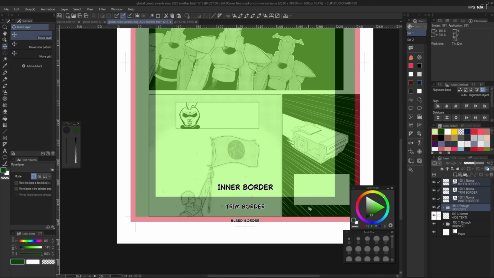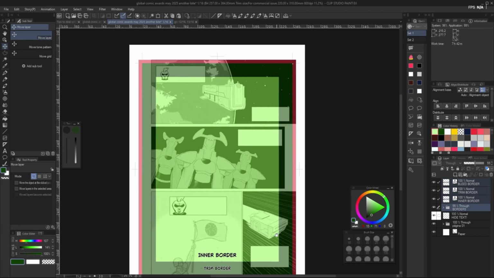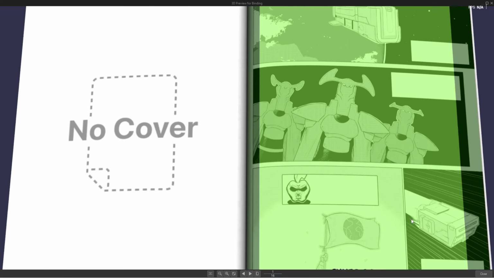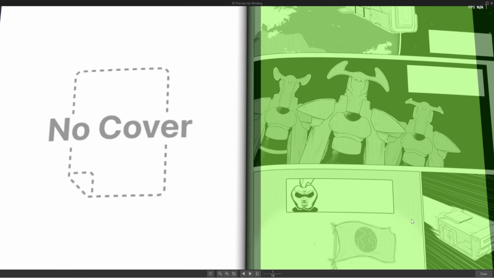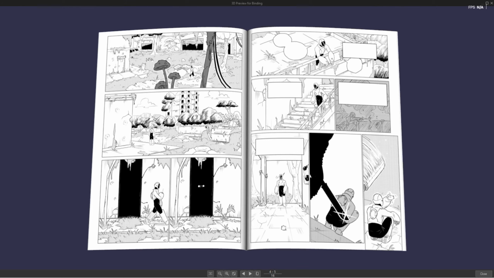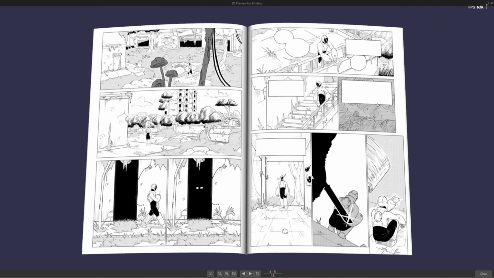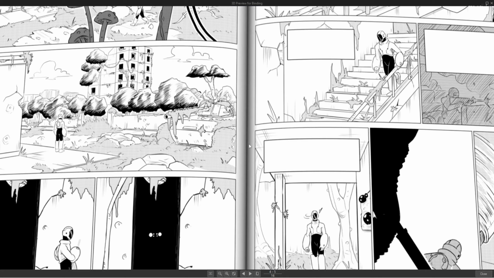This area will also be printed, but you need to be careful when drawing near the horizontal edge of the page. When printed, content too close to the inner margin, the spine or center fold of the comic, might not appear clearly, or could get lost in the binding. So, on the left page, be careful with what you draw near the right edge, and on the right page, watch out for anything placed too close to the left edge.